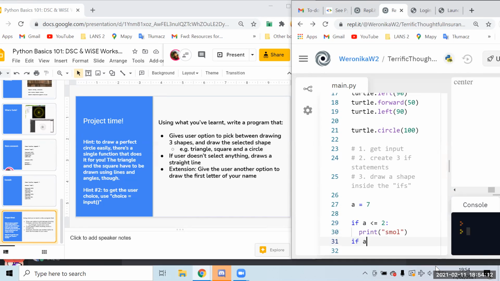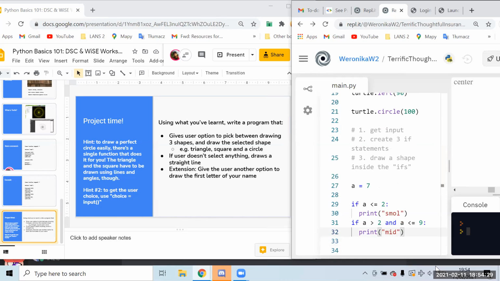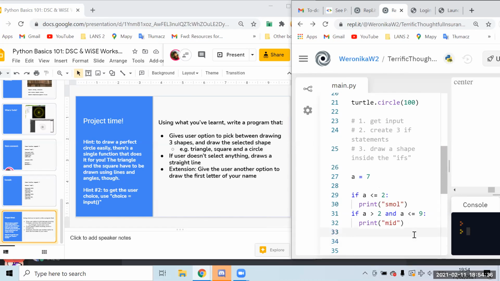If a is larger than 2 and a is smaller or equal to 9, print mid. If a is larger than 9, print large. And it will work, but it looks somehow complicated.